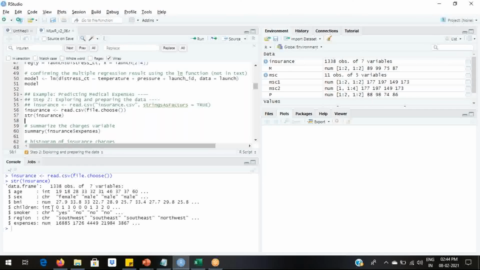Children is an integer variable, smoker is a character data type or character variable, region is also a character variable, and expenses are numeric variables because expenses can also have decimal values. Even if one value is a decimal value, then all the rest of the values will also be treated as decimal values. So a few of the initial values will be displayed for each of the variables.